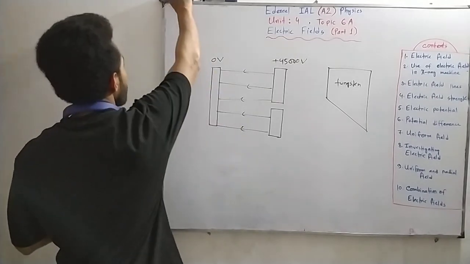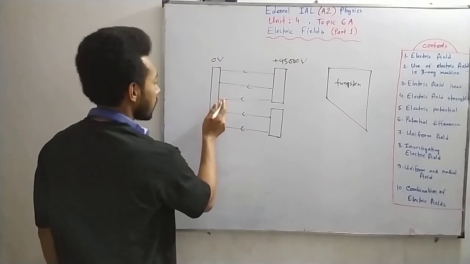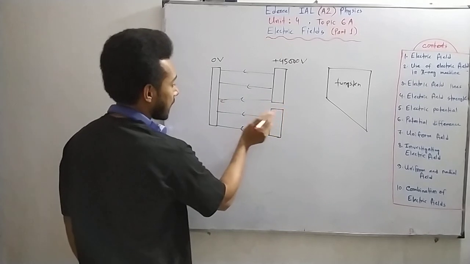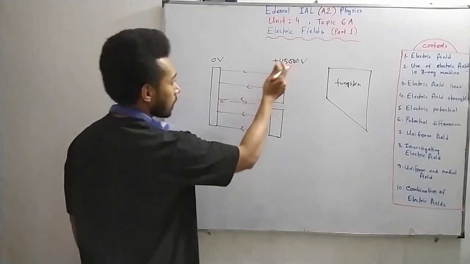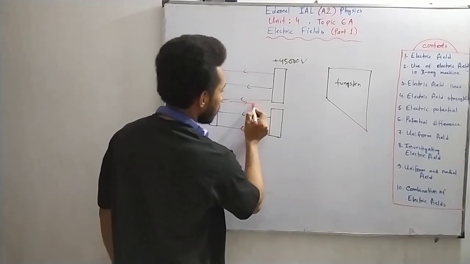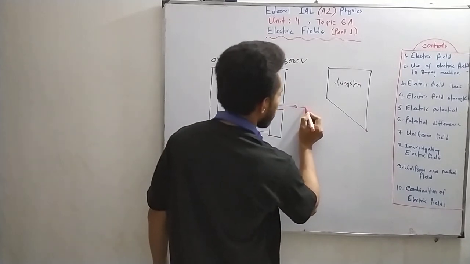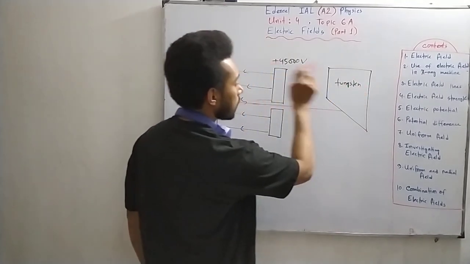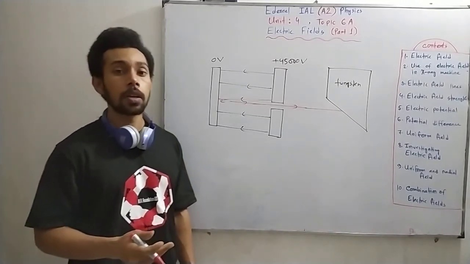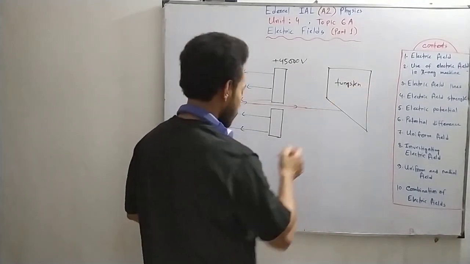An electron is emitted by thermionic emission from the cathode and will be accelerated in this direction. Since it is being accelerated highly, it will move in this direction and crash onto the metal target. When a high speed, highly energetic electron crashes onto a metal target,